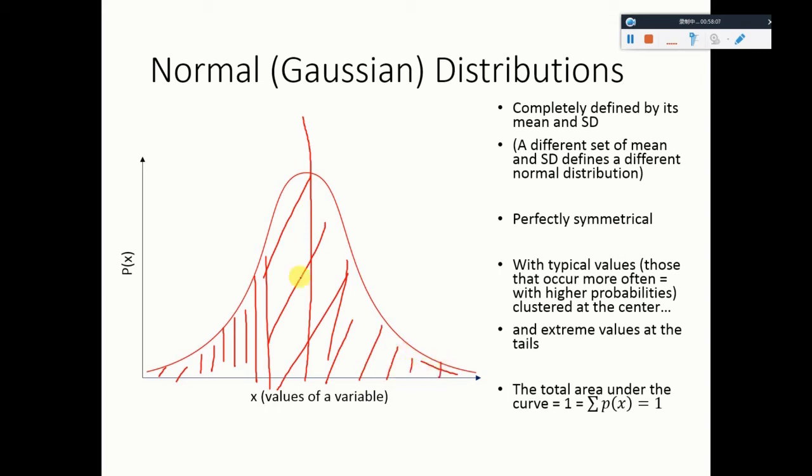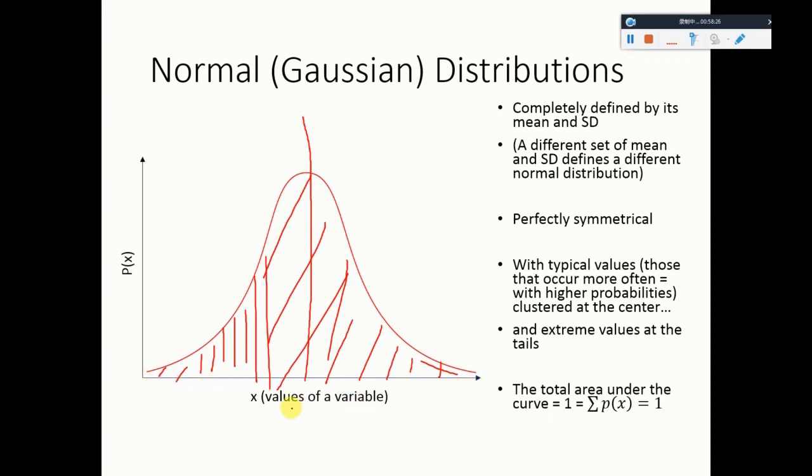So the total area under this curve, or between this curve and the x-axis, is 1, because that would describe the probabilities of observing all the possible values